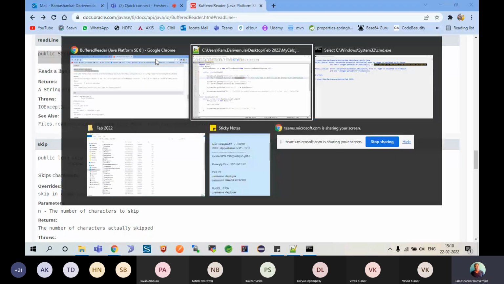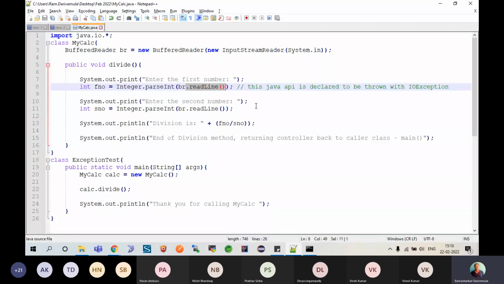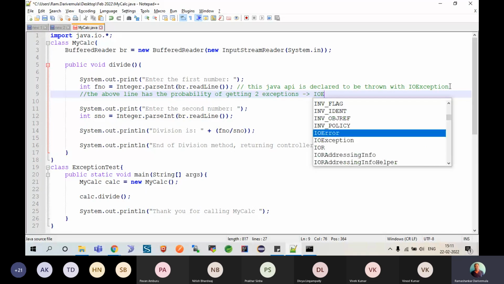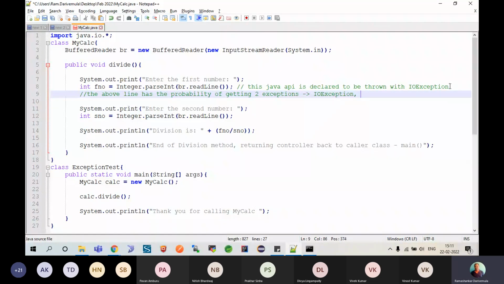And if you look at our code, here in this line, I still have the probability of getting 3 exceptions. The above line has the probability of getting 3 exceptions. What are they? 2 exceptions. My mistake. Sorry, 2 exceptions. What are they? One is IOException. Another is